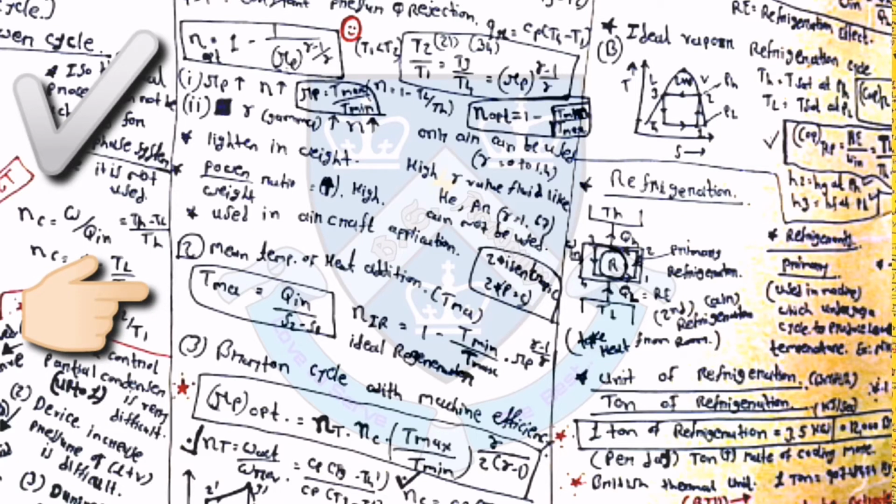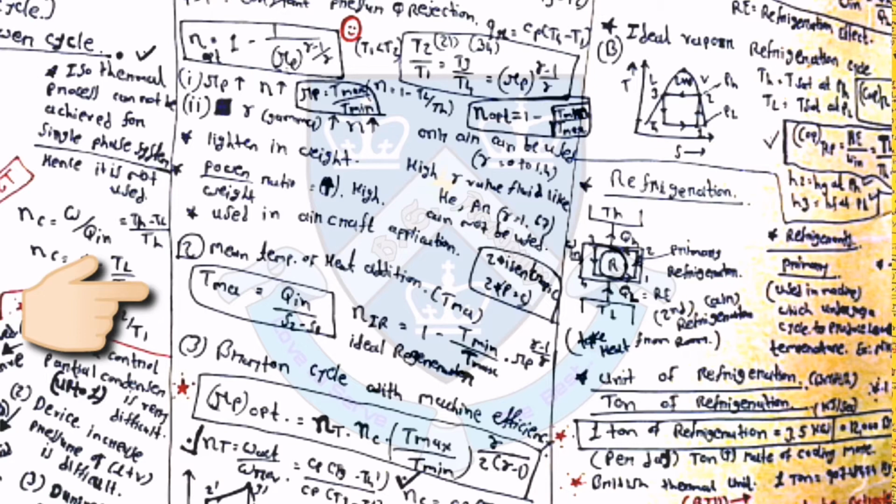So by increasing the pressure ratio, efficiency will increase, and by increasing gamma, efficiency will increase. The Brayton cycle is mainly used in aircraft applications. Second one is mean temperature of heat addition. TMA is equal to Q in upon S2 minus S1. Eta IR is equal to 1 minus T min by T max into Rp raised to (gamma minus 1) upon gamma. Then for the Brayton cycle with machine efficiency, Rp optimum is equal to